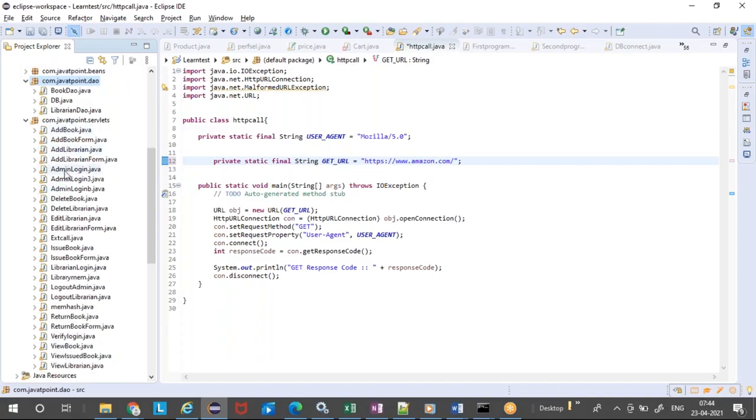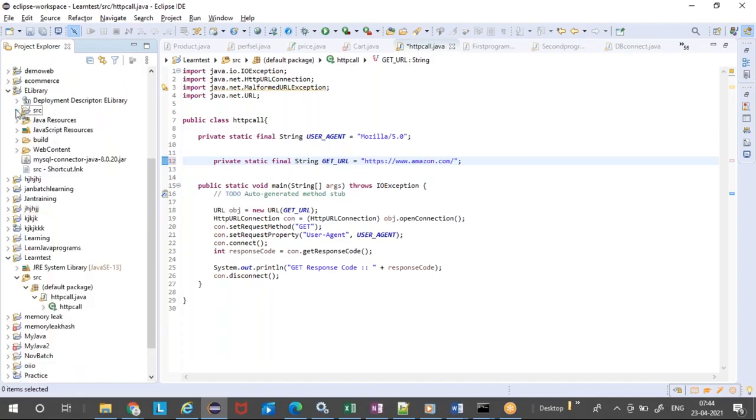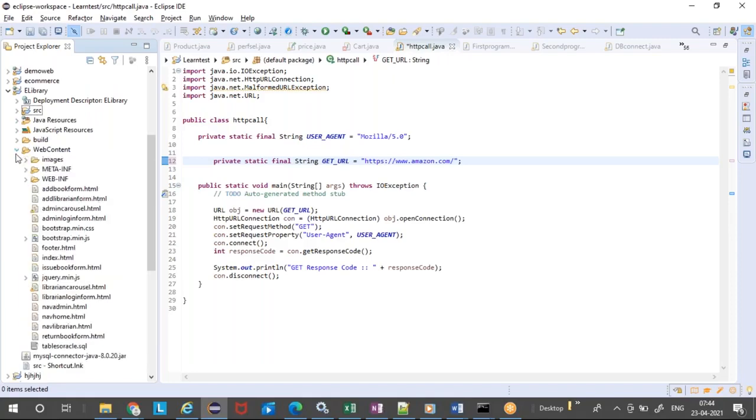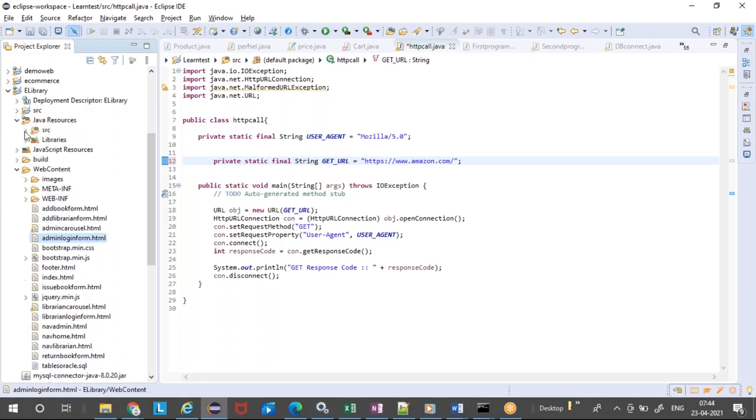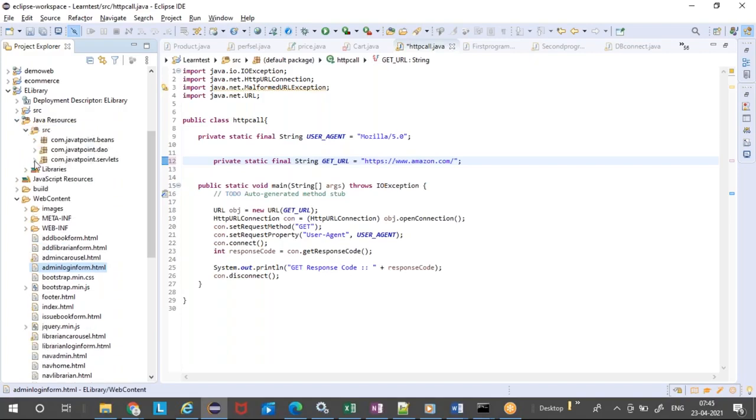So this is a typical web application where your backend code is inside the src, and then in the web content, if you see, there will be a lot of HTML pages. Your index.html, whatever you see on the front page, the library, issue book form, admin login form, all these things will be available in the HTML. So that is how you would have the structure. Whenever you go and create a web application, you will get the structure, and then you add your Java files to this specific folder, and the HTML you add to this specific folder.